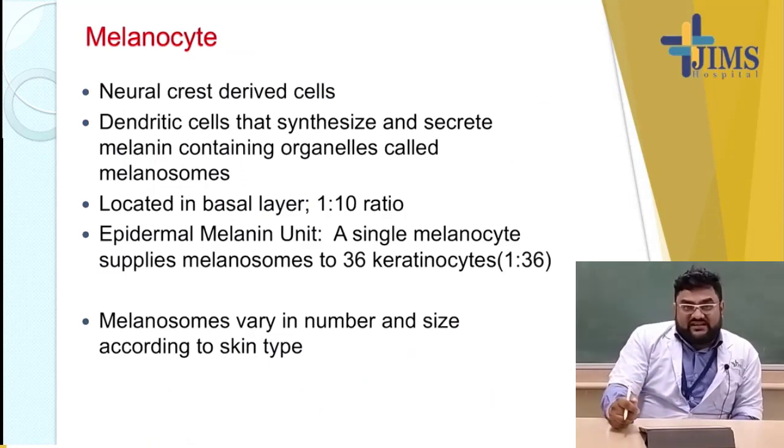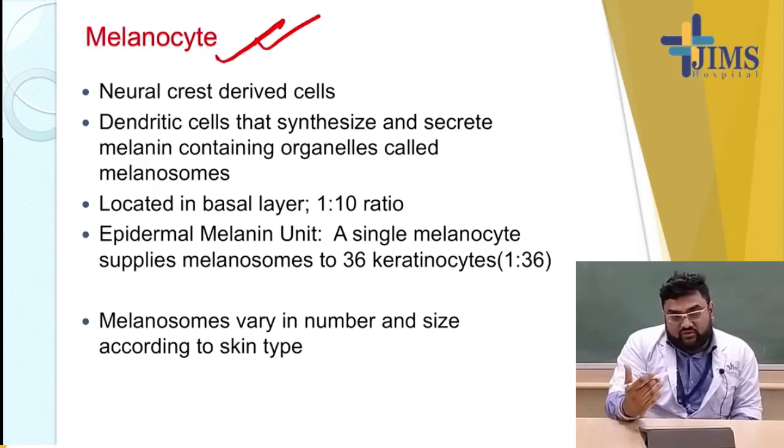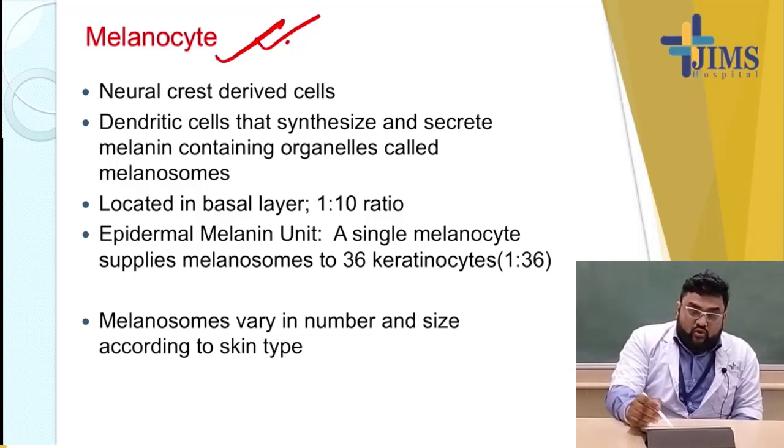Now, what are the other cells that are found there? The most important is the melanocyte. All our skin color, the racism that we see nowadays, is due to these melanocytes. This imparts the color of the skin. Now, people who are more exposed to sunlight, or who live nearer the equator, will